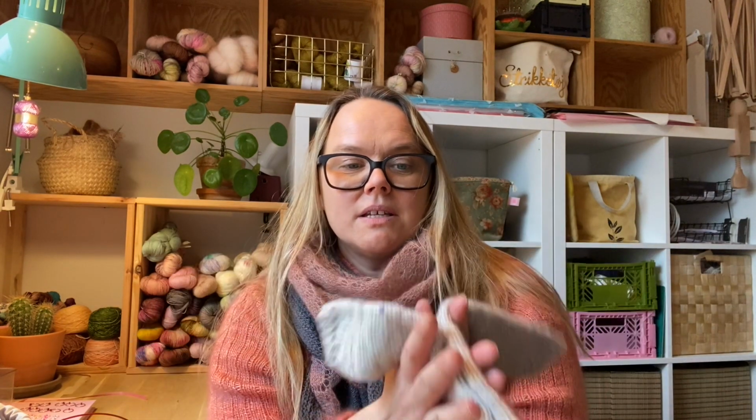I'm really liking how the baby bubble cardigan is turning out in the DK weight yarn. I thought it would be easy, since I had the pattern already, to just turn it into DK weight, but it was not as easy. Of course I can use the explanations and stuff from the old pattern, but it was a whole new set of math. It has just been sent to my Danish testers